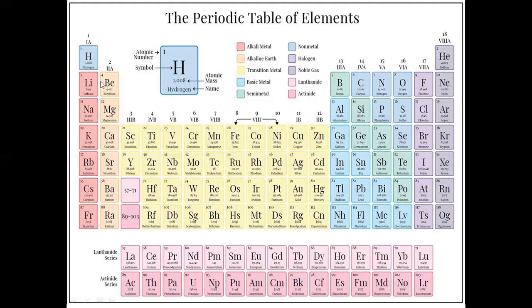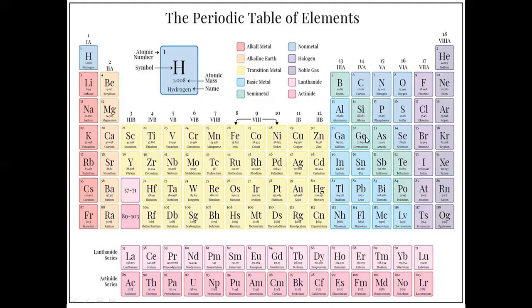So, horizontal rows are known as periods. What is the specialty of the period? In a period, the number of shells remains the same. So if you observe this third period here, there are 3 shells. First and second shells are completely filled. Third is the valence shell for all of them. If I go down here, this is the fourth, no? Fourth and fifth actually have